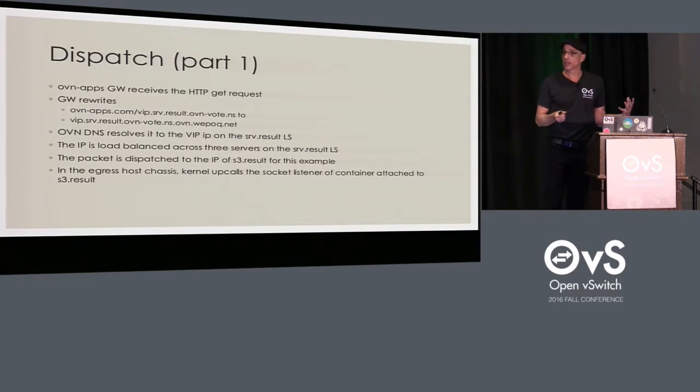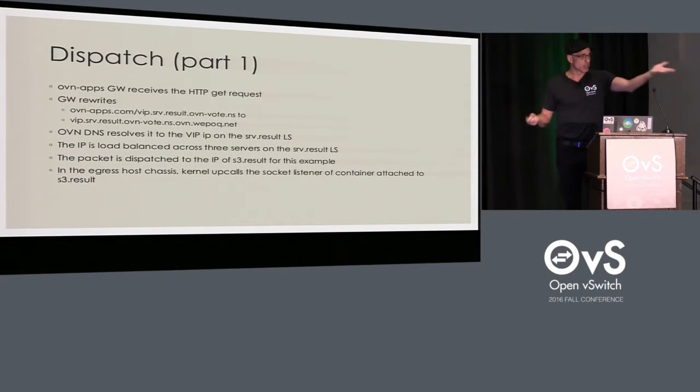We're going to make a request from that browser up to that public site. It's got a DNS name, ovnapps.com, imaginary. But all the rest of the DNS is in the private address space, and we're tunneling it through. The first thing that gateway has to do is make it into a valid internal FQDN for the OVN cluster. The enhanced 2.7 DNS will resolve it without ever leaving. It's all fake DNS in that private address space.